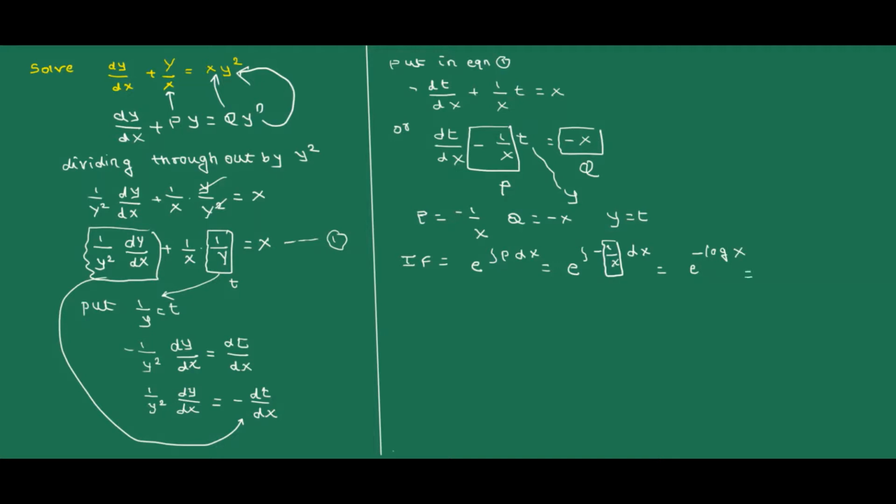By using logarithmic property, this term we can also write it as e raised to log x raised to minus 1, and e raised to log cancels, we get x raised to minus 1, and x raised to minus 1 itself is nothing but 1 by x. So integrating factor is 1 by x. Therefore required solution is